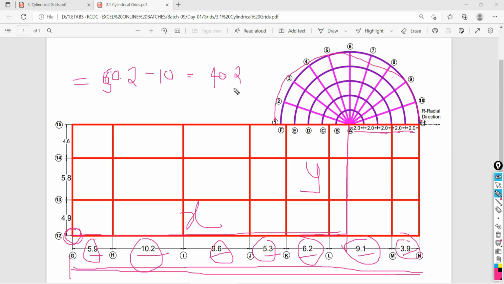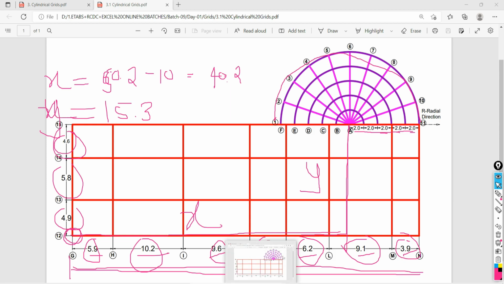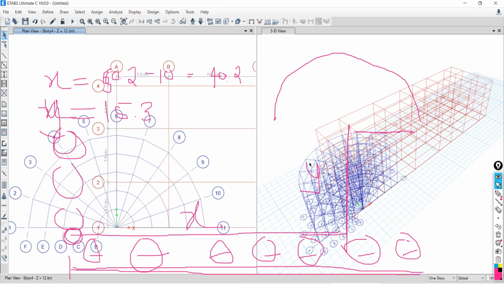And then this x is now okay. For y, the total addition is 4.9, 5.8, 4.6. The total addition will be 15.3. Okay, so put all this in. Go back to the software and go to Editor and